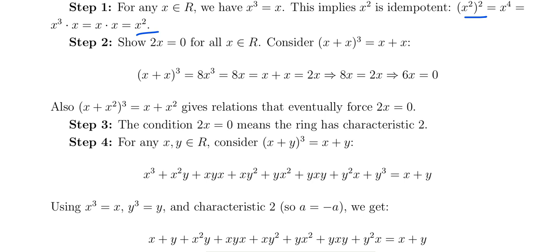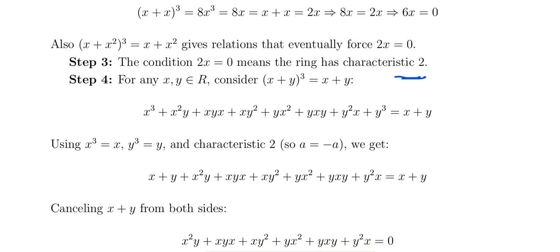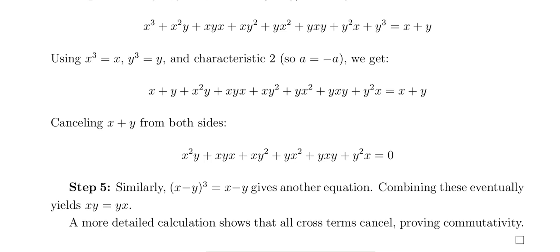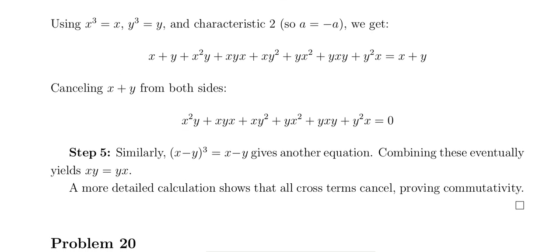So that means the ring has characteristic 2. So for every element x, y belonging to R, (x plus y) whole cube equals x plus y, because x cube equals x and y cube equals y when you apply here, then x plus y